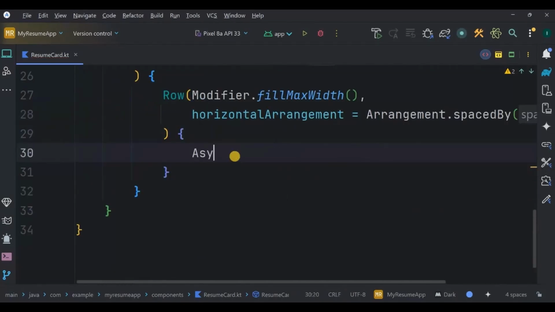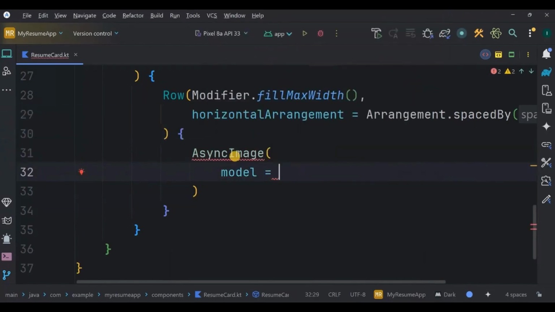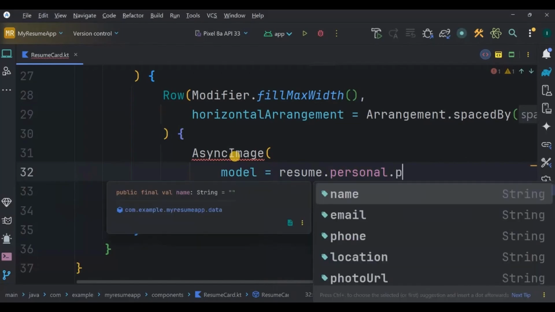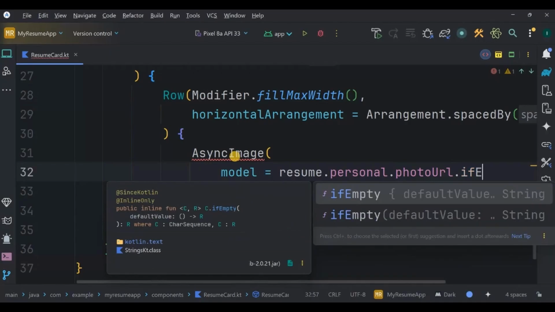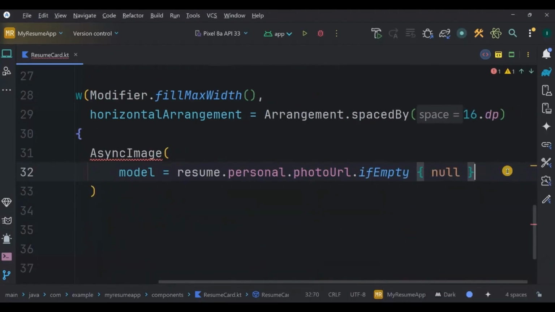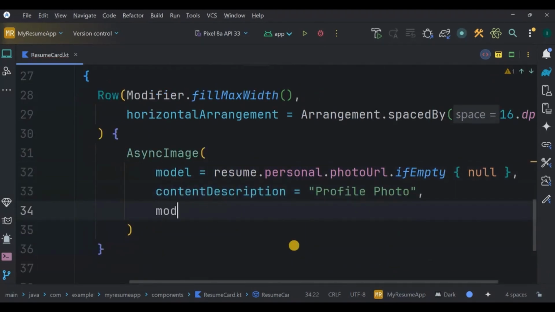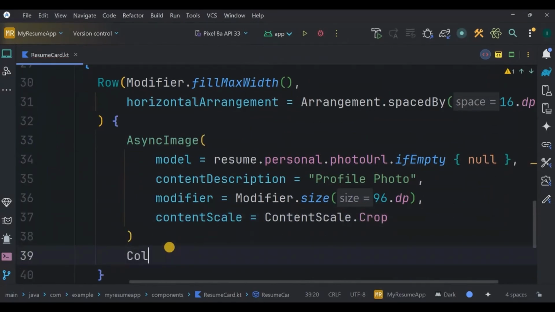Next, we have an AsyncImage, which is where we will display the user's profile photo. Here, the model is resume.personal.photoURL. This is how we retrieve the image. You can backtrack the functions to see where it comes from. If it is empty, then none. The content description is profile photo. Modifier size is 96 dp and content scale is crop, meaning the image should be cropped to fit into that